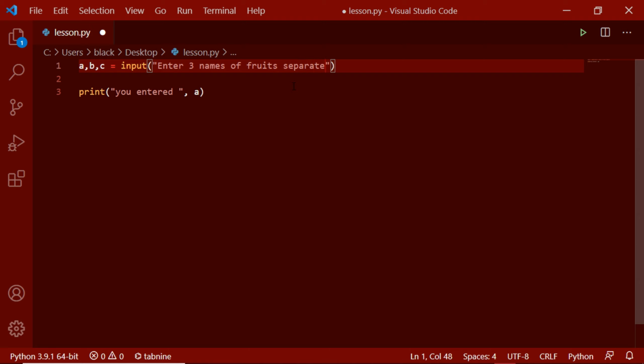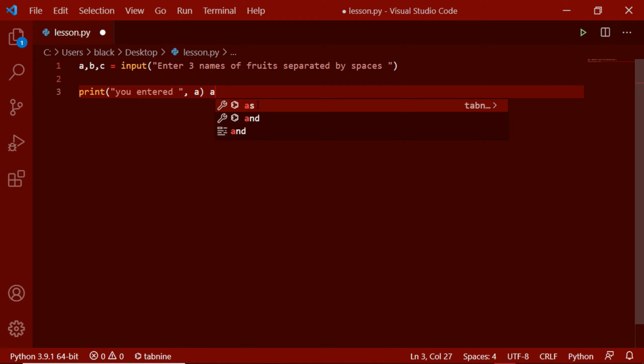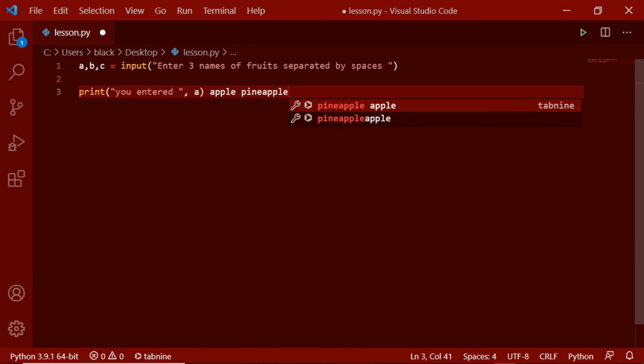Separated by spaces, which means the user has to give inputs separated with spaces. For example, something like this: apple, pineapple, and banana.